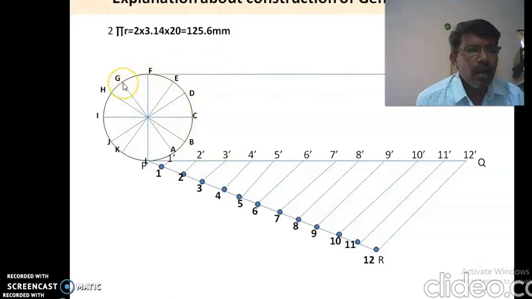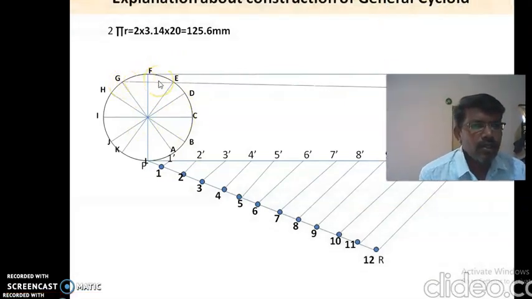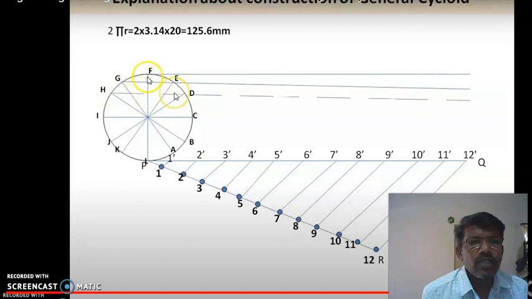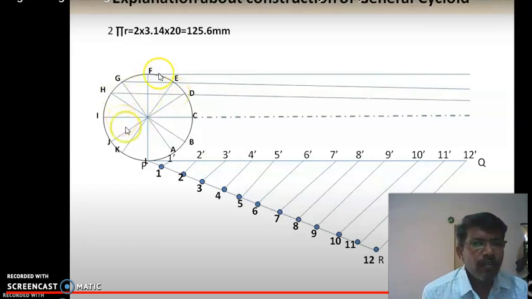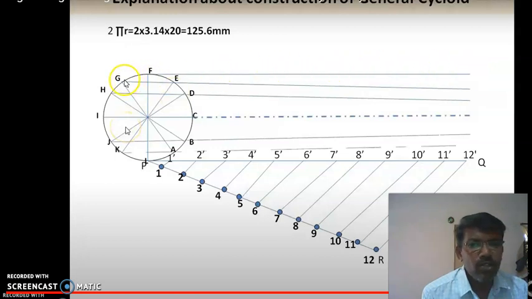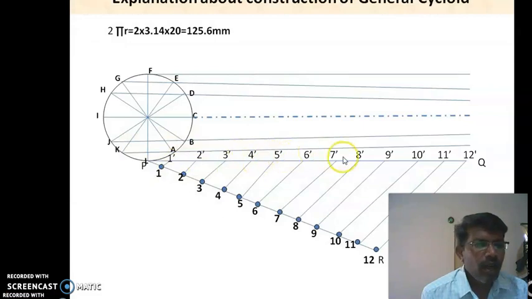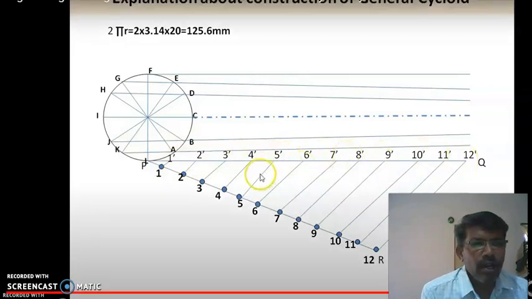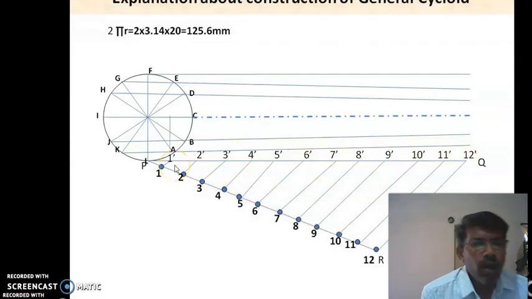Draw the parallel lines. See here, draw the parallel lines from each and every respective point. From F 1, from G and E 1, from H and D 1. That should be parallel to PQ. So from each and every equal division you have to make the lines. So from 1 dash, 2 dash, 3 dash, you have to draw the perpendicular lines up to the center line